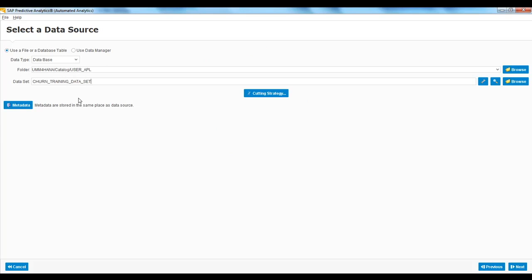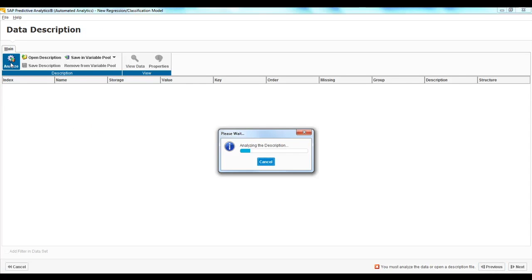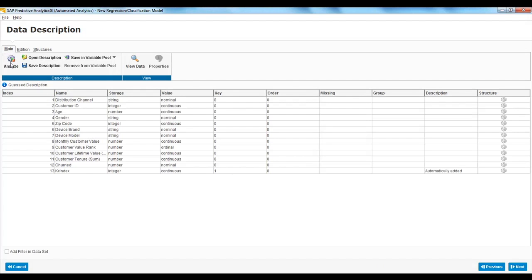The first thing I need to do is select a data source. And as you can see, I can select a flat file, a database table, or I can even use a data set I've created using Data Manager. Once chosen, I can then continue with the guided approach and analyze my data. As you can see, it automatically identifies storage and value types for each of my variables. At any stage, I can change or overwrite these settings, but they look good to me, so I'll move to